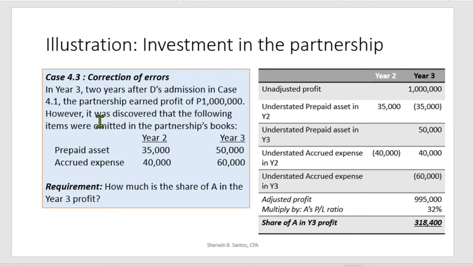Kapag omission of a prepaid asset and accrued expenses, these are omissions, ibig sabihin, understated or mas mababa yung items na nakalagay dahil hindi mo na idagdag dun sa dapat na amounts niya. So for year 2, there is an understated prepaid asset na 35,000. Understated mo ang prepaid asset in year 2. Since understated prepaid asset, the book requires you to